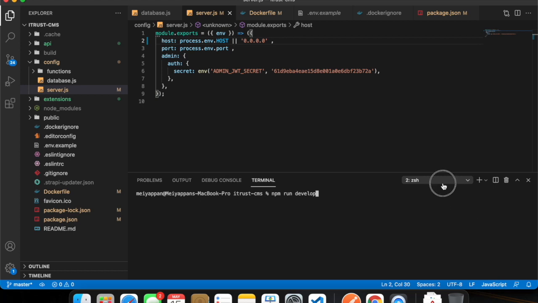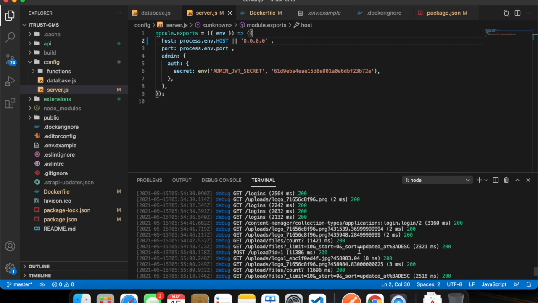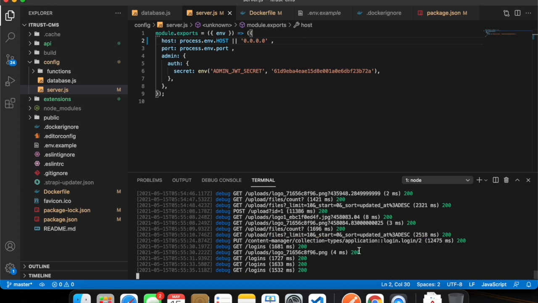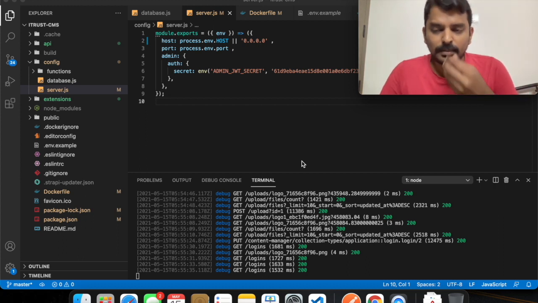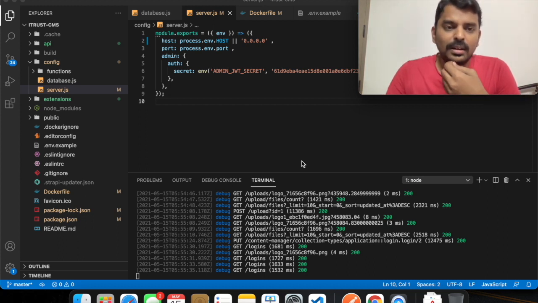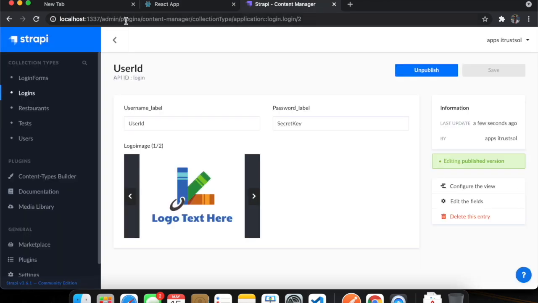Now I have the Strapi server running by issuing the command npm run develop, which internally calls strapi develop. So we have a Strapi server up and running in development mode, which you can access using localhost 1337.